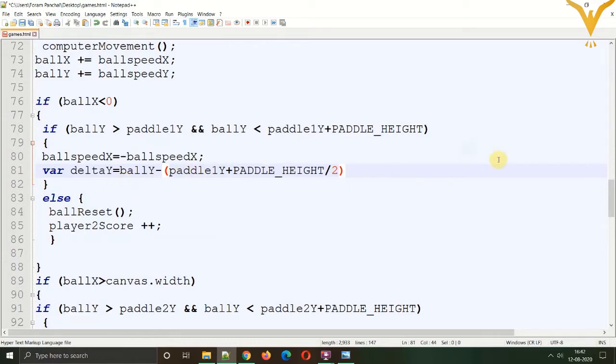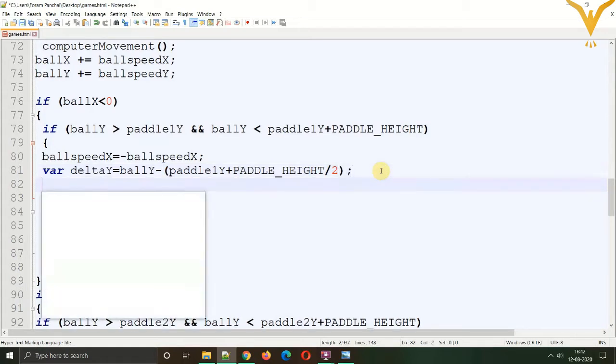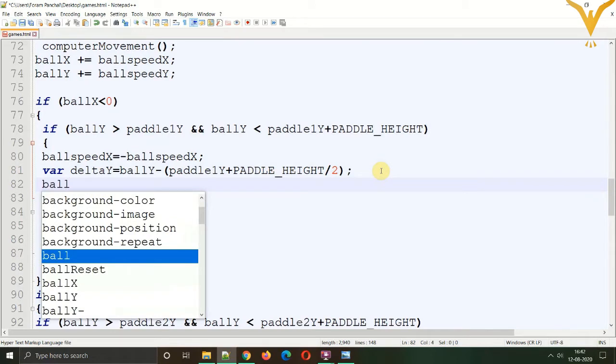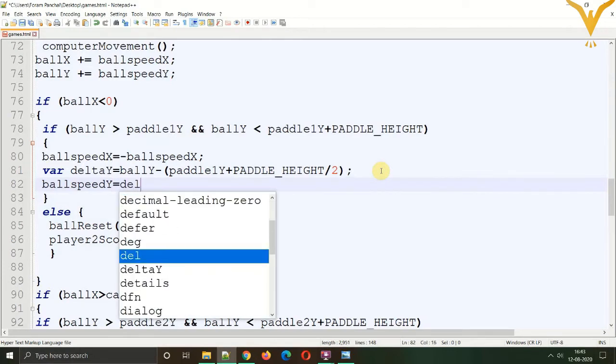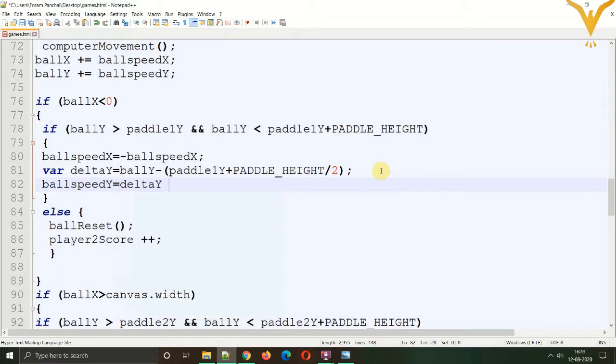So we are subtracting the half height, and then we'll give the value of delta y to the ball speed y equals delta y.